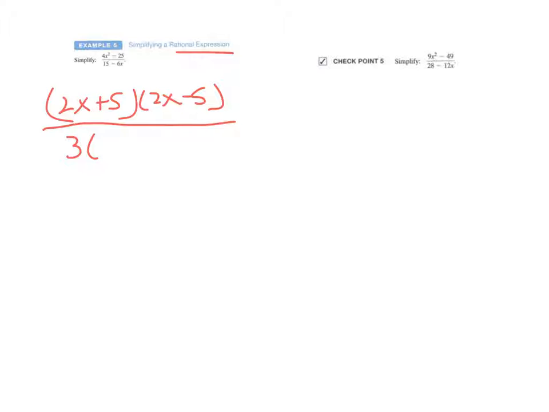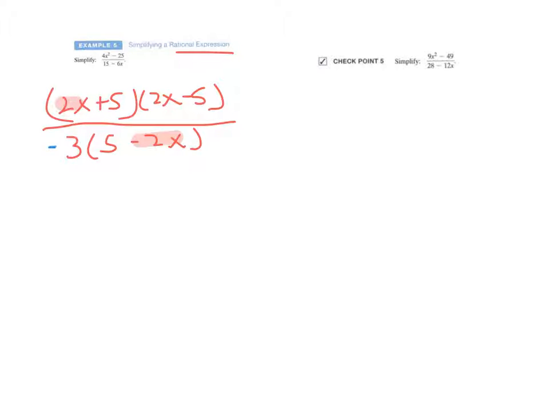So we're going to go through the process of seeing some other types. So simplifying rational expressions, I'm going to factor the numerator, which happens to be 2x plus 5, because this is a difference of squares, 2x minus 5. And then on the denominator, 3 is my common factor. And when I factor that, I get 5 minus 2x. Now, if you notice within the parentheses, they're exactly the same, except that they're opposite signs. I have a negative 2 here, but I have a positive 2 in both of these. And I have a positive 5 here, and I have a positive 5 and a negative 5. What I can do when they're complete opposites is change the sign